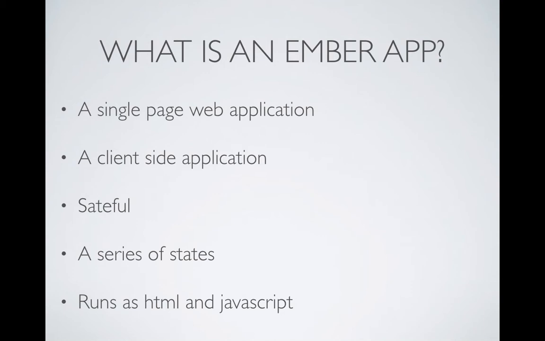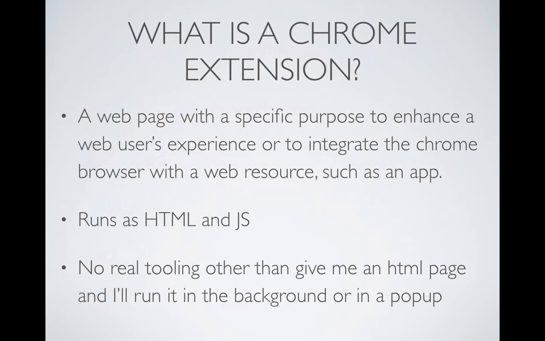And then an Ember app runs HTML and JavaScript. Then we can say, what is a Chrome extension? Its specific purpose is to enhance the web user's experience. It integrates with the Chrome browser, and a lot of times will talk between the Chrome browser being embedded and some sort of web resource, often via some kind of API. One of the important things to realize about a Chrome extension is you're not going to load a Ruby website or something like that into your Chrome extension. It's almost like developing for a mobile app, where you develop your mobile app in Objective-C or Java, and then the communication that you have with any sort of backend is via some sort of API. So think of it as almost like two sandboxes, just an API